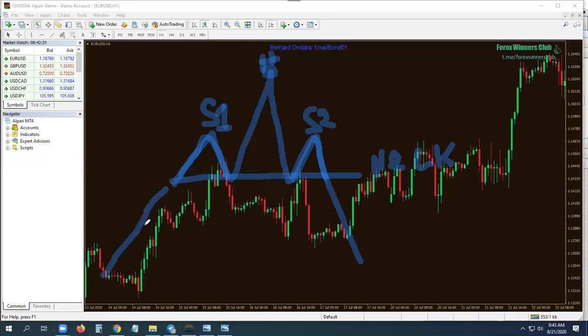The market has been moving up. So it makes a high, this is a high, and makes a low. All right? Goes up and makes a higher high, but makes the same low. Remember, this low is the exact same low. Now, remember, in an uptrend, if we make a higher high, we should also make a higher low.